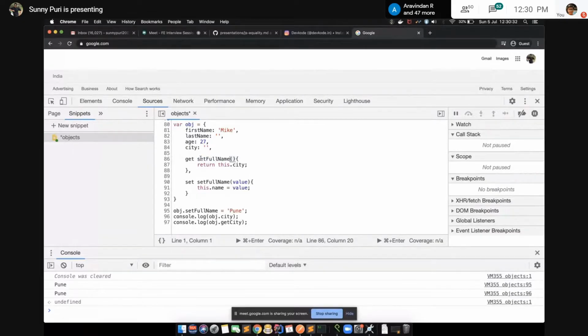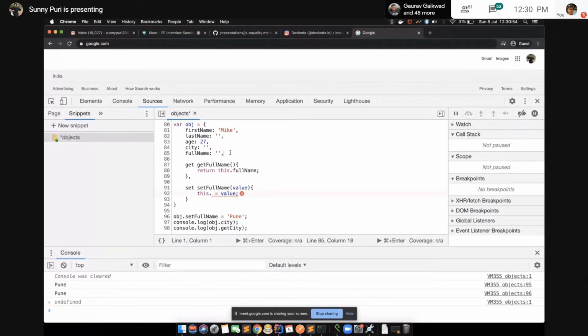Get full name. Let's say I'm having a full name which will be computed and returned. So get full name, then this dot.